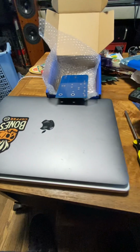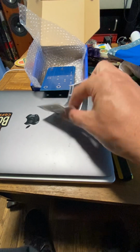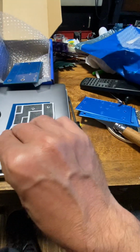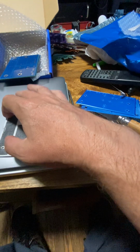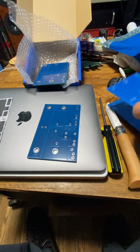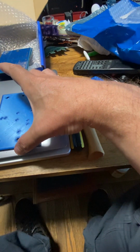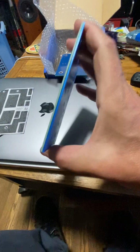When I was first prototyping this, I needed to get an idea of the dimensions, so you can actually print on a piece of paper. Let's see how close this is dimensions wise. Oh my god, this is almost spot on. Then the next thing I did was I 3D printed. You can export and 3D print these. Let's see how close these are. These are almost exactly the same,